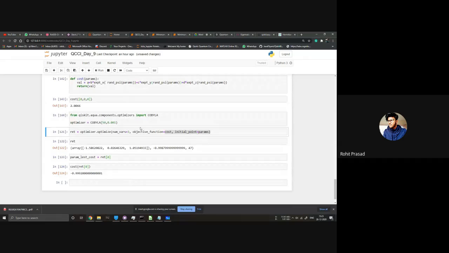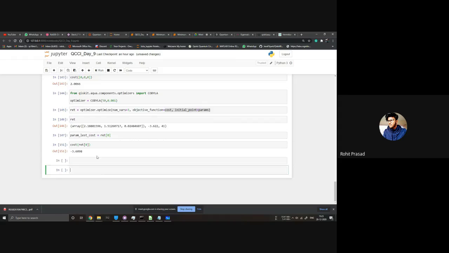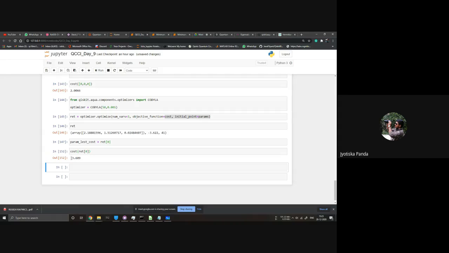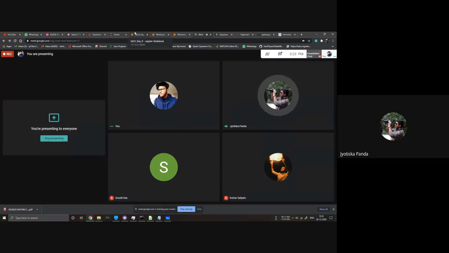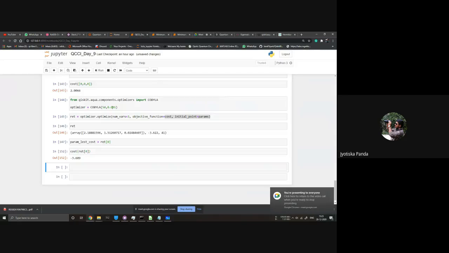Let's say, let it run for a second. We got something like this. The first thing you can see is that the lowest is minus 3.62. Let's calculate it from the circuit as well. So it's something like 3 point. If you just run it again, it will give you some other value as it is probabilistic in nature. Here the number of jumps is 50 and the length of a single jump is 0.001. No, no, the maximum number.